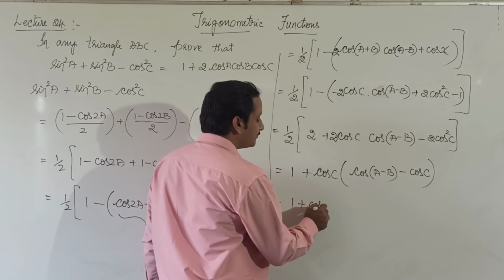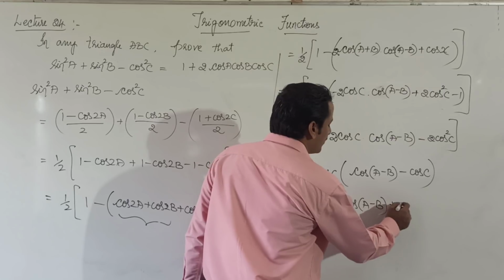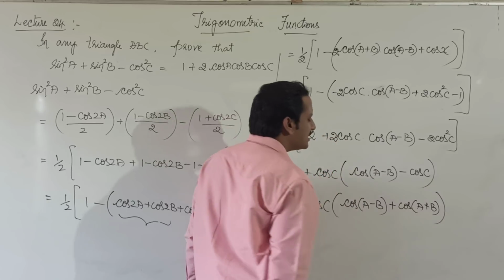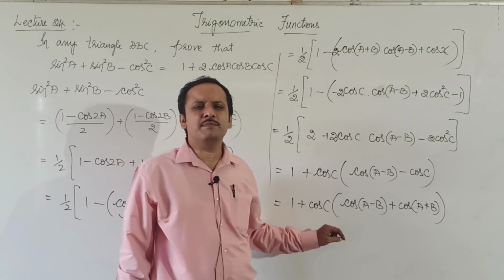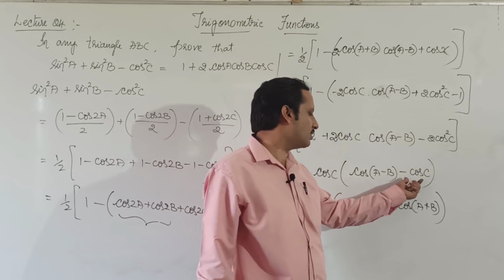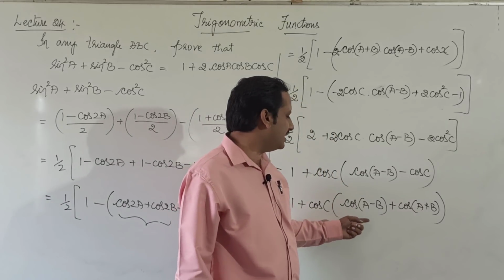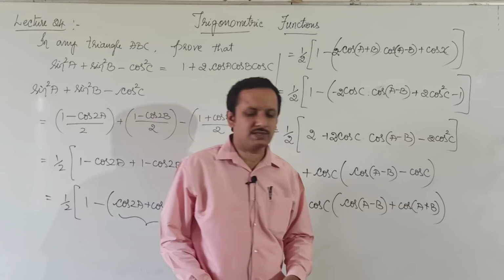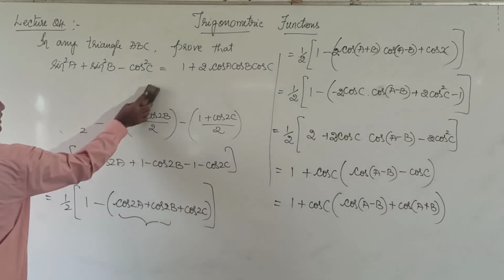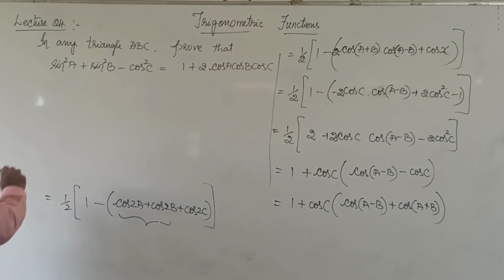Further, minus cos C can be written as plus cos (A plus B), because A plus B is equal to 180 minus C, cos (A plus B) is equal to cos (180 minus C), which is equal to minus cos C. Minus cos C we can write as cos (A plus B). Now between these two I will use the cos C plus cos D formula. Not enough space, so I will continue here. So 1 plus cos C